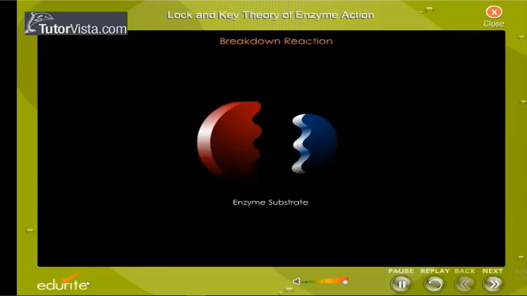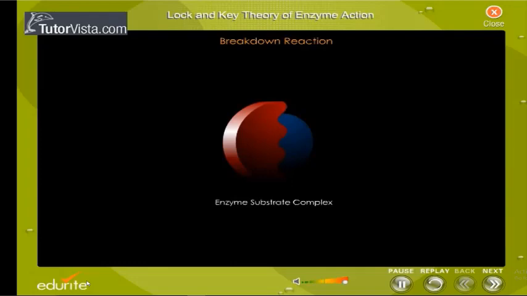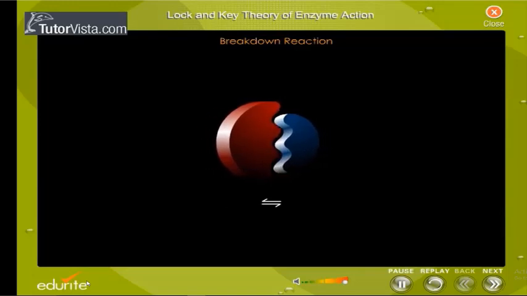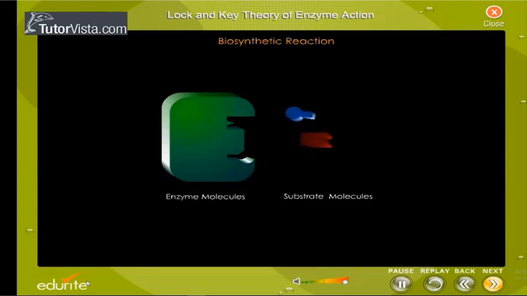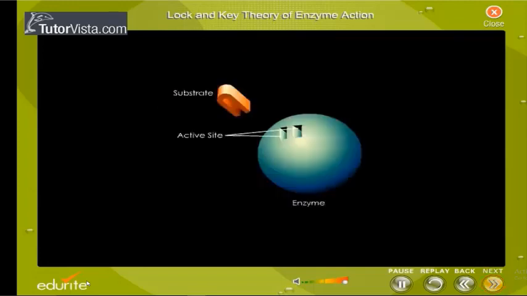Lock and key theory of enzyme action. Here, the larger enzyme molecule comes in contact with smaller substrate molecules to form an intermediate complex. This intermediate complex or enzyme-substrate complex soon breaks to release the enzyme and product of biochemical reaction. Mode of enzyme action. Biosynthetic reaction. Here, the active sites establish contact with substrate molecules to form products of biochemical reaction. Mode of enzyme action. The enzymes bear distinct cavities specially designed for only specific substrate molecules with proper geometric shapes that can fit correctly.